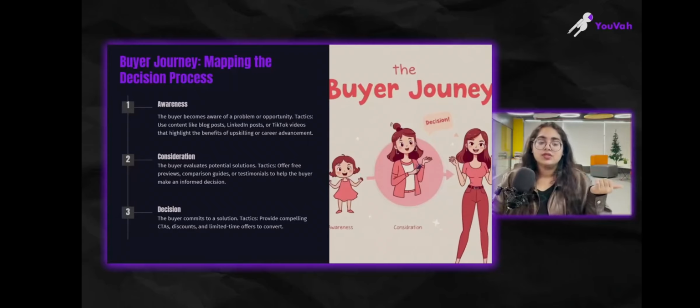Right? Then comes a decision. This is when the buyer is finally committing to a solution, and here is the tactic you can use from your side to tempt them. Now you know they're at the stage where they will make a decision. They've evaluated everything. So shoot a mail with a call to action, or give a limited-time discount, saying that within 2 or 3 hours I'm going to end this sale, or send a personalized mail just for them, right?